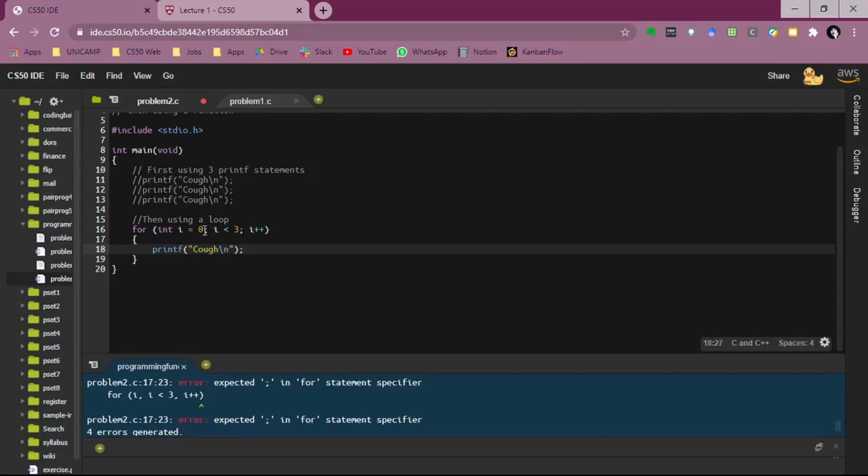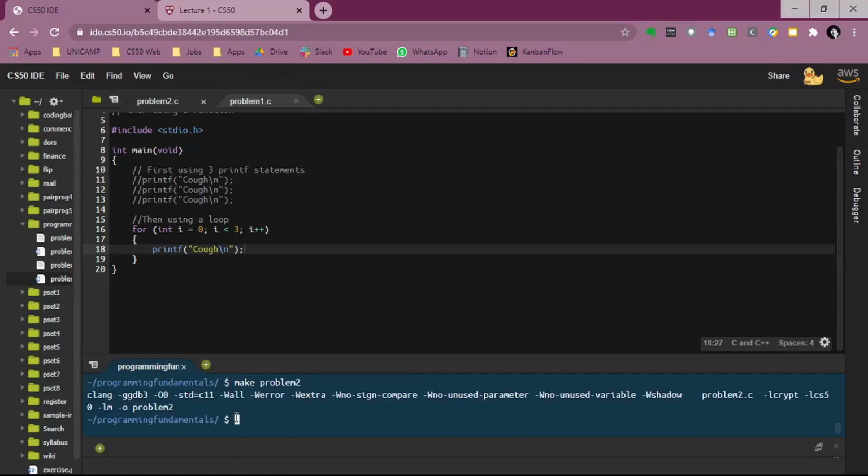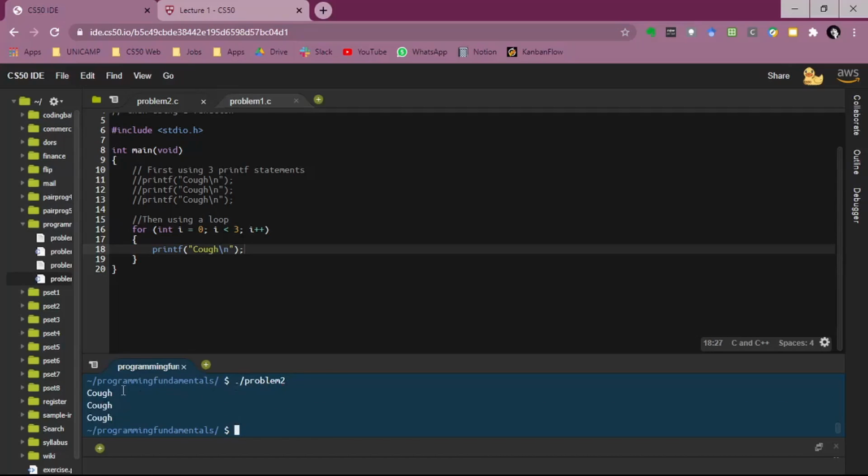Okay, so let's see what happens here. Make problem 2, so far so good. And then problem 2, it coughs 3 times. So what actually happened? In a for loop, we have to think this way. The first iteration is going to be I equals 0, and with I equals 0, it's going to print cough, right? Then it's going to increment 1, so we get I equals 1,